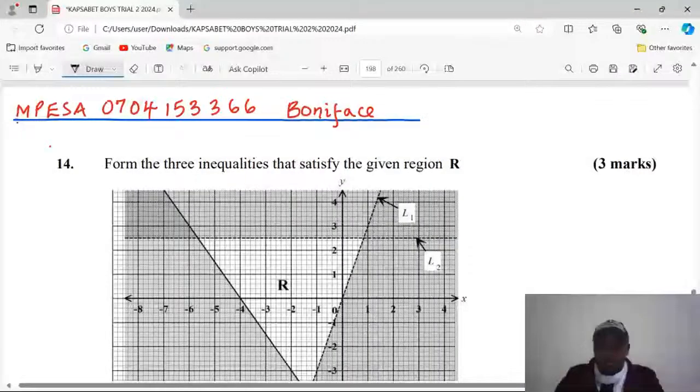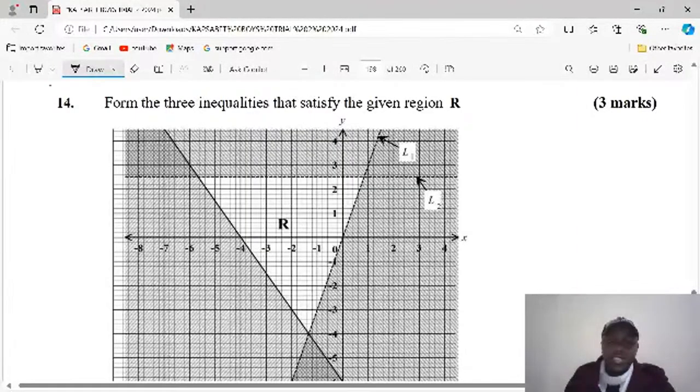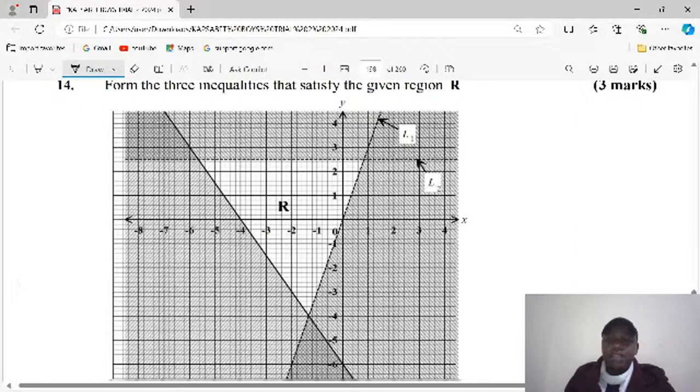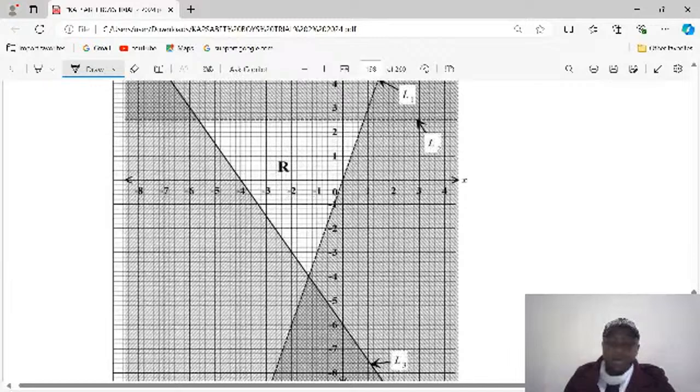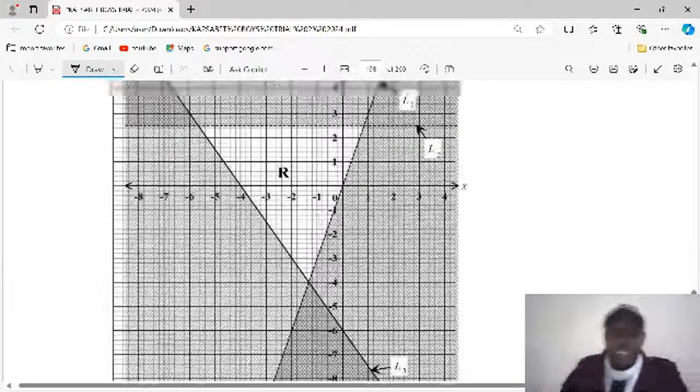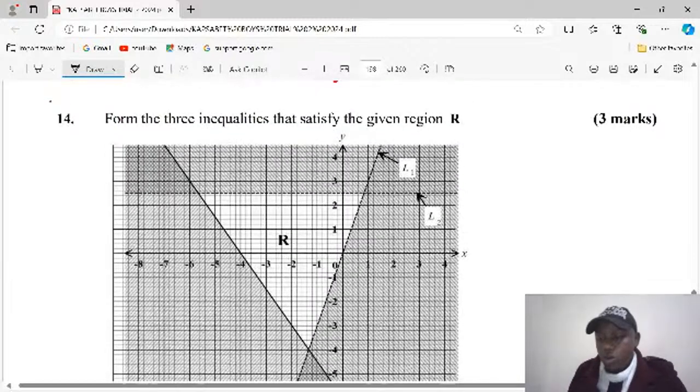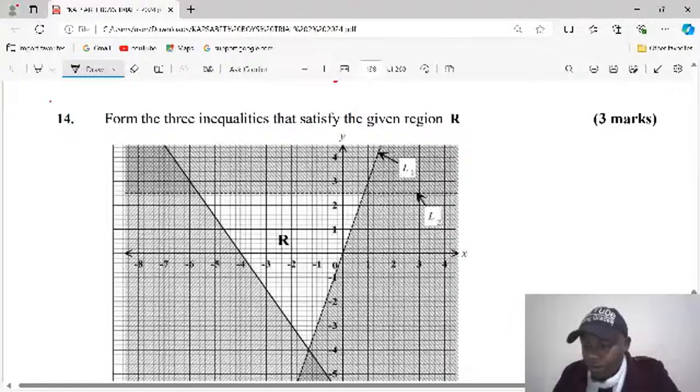Let's look at this question now. Form inequalities that satisfy the given region. Form the inequalities which satisfy the region below. When we look at this question, you discover that